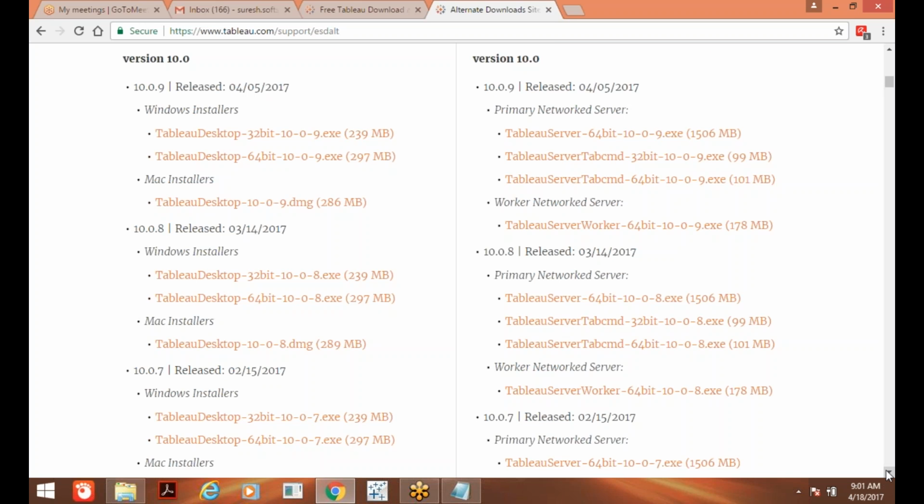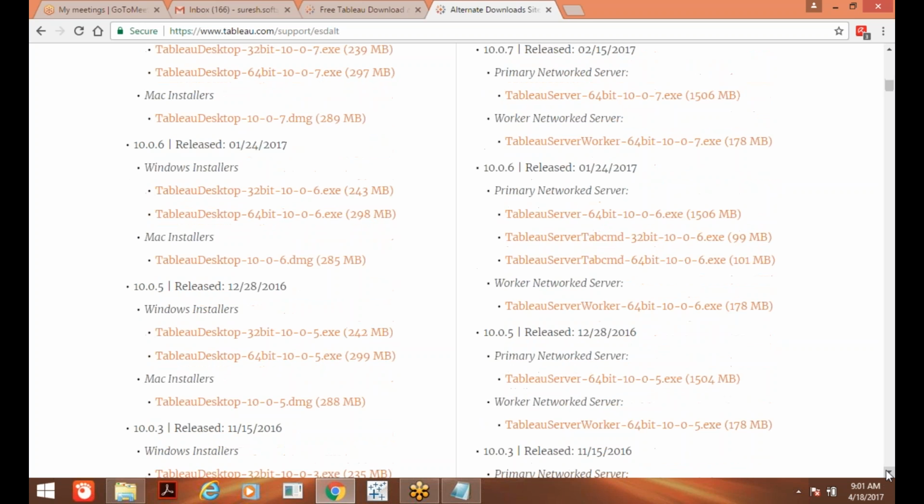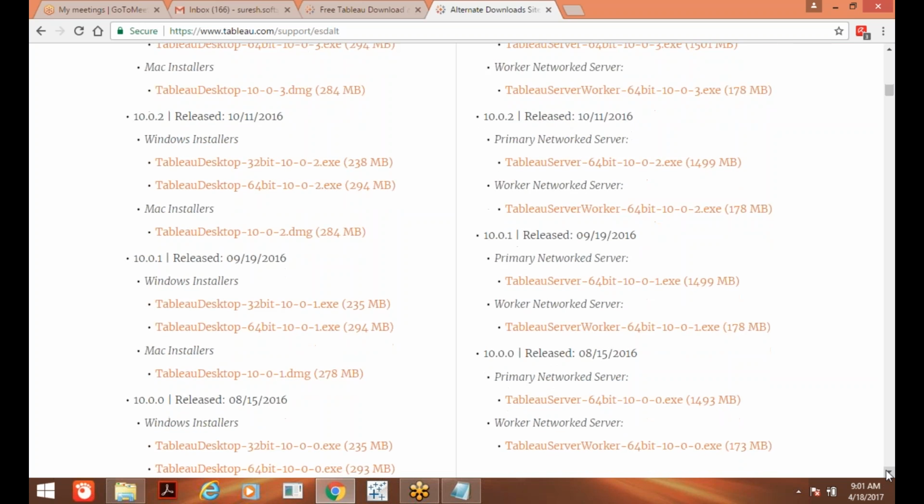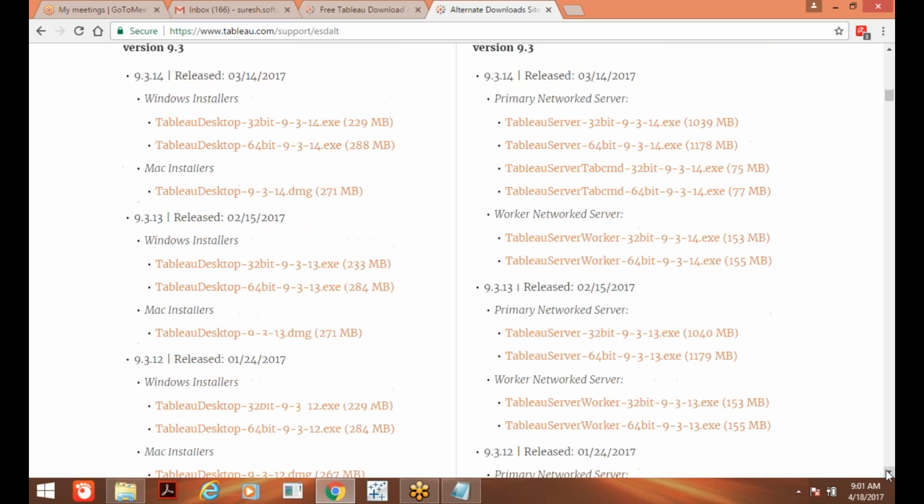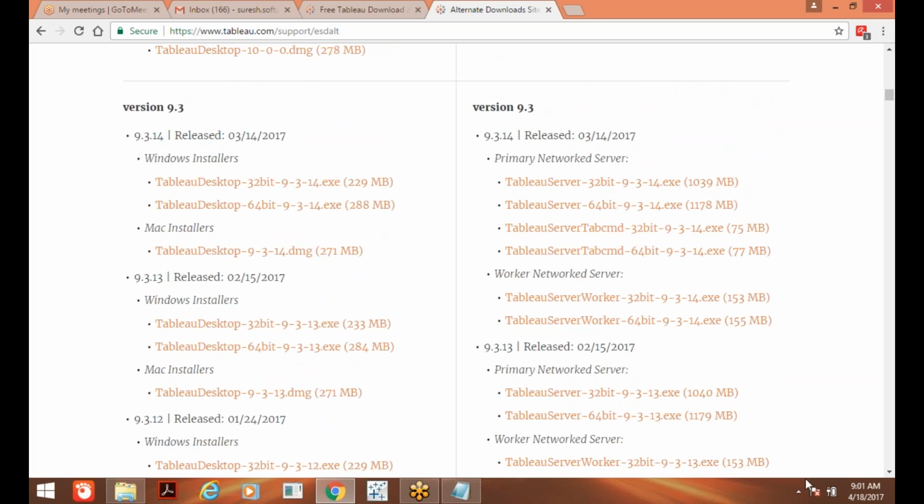Just you can search here: Tableau desktop for Windows installer, for Mac installer. Mac or Windows, that's it. Right? So after 10 you will get 9 also here. Yes, 9.3. You can download it now. If your laptop is 32-bit, go with 32-bit.